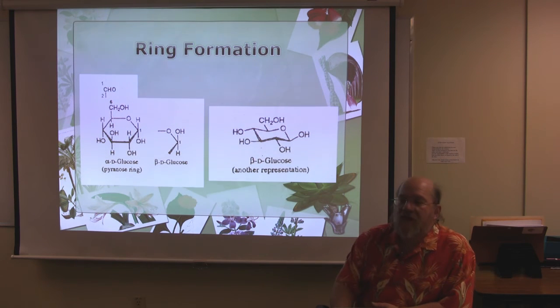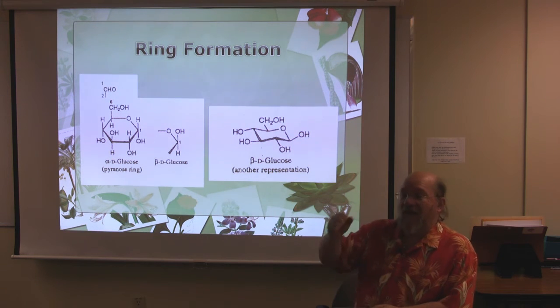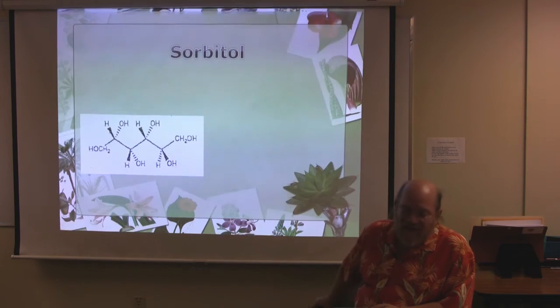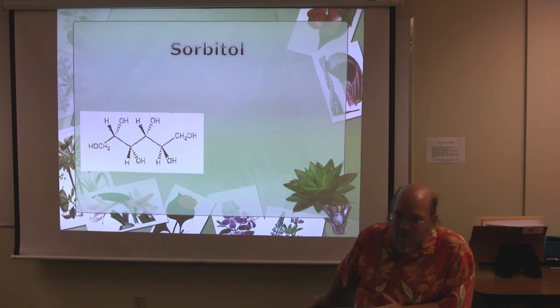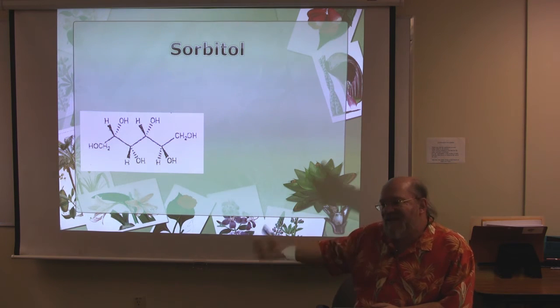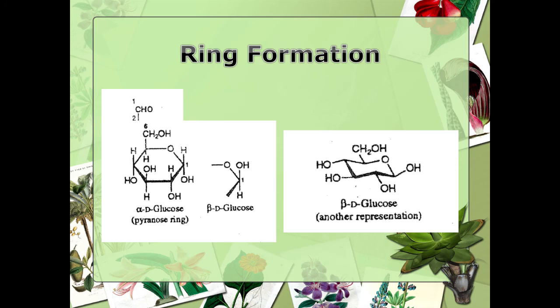You can also put an OH. Does everyone remember what a functional group of OH is? Alcohol, yeah. If you put an OH on a sugar, it's not legally a sugar, so we end up with sorbitol. So sorbitol is really a monosaccharide with OHs in it, so it's not going to work in the system the same, but it can be changed into a sugar. But it's not technically a sugar, so it won't directly affect you the same way.